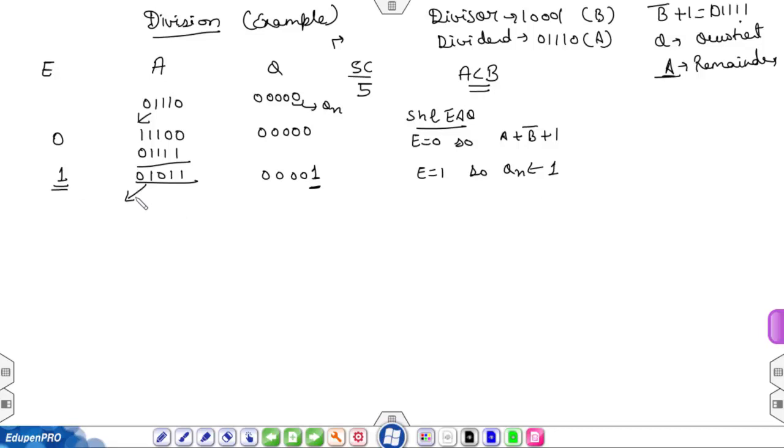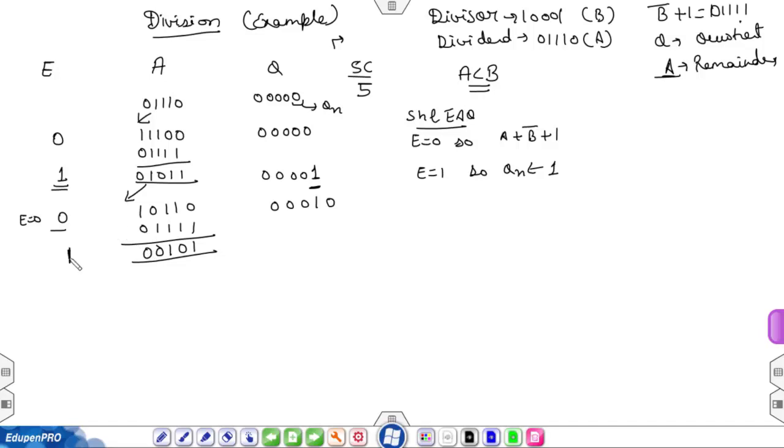After that, again shift left these values and this will become 0 1 0 1 1 0, then 0 0 0 1, and add 0 here. Here you can see that E is equal to 0. Now E is equal to 0, so again add the 2's complement of B to A. It will become 1 0 1 plus 1 0 plus 1 1 1 carry, 1 plus 0 1 plus 1 0 1 carry, 1 plus 1 0 plus 0, then 0 1 carry.